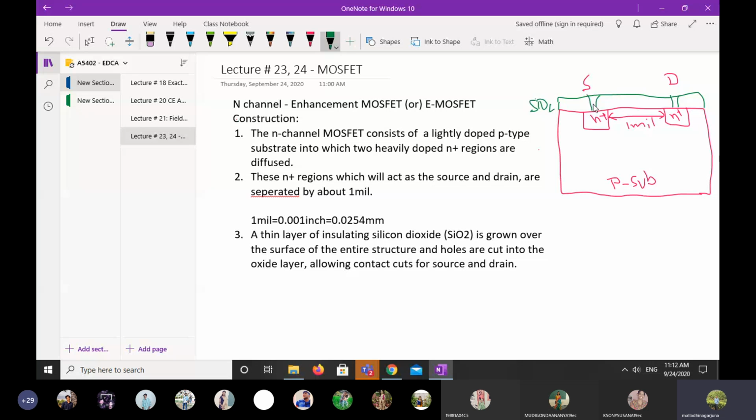So finally, this structure, how we can write it is, from here to here, here to here. This is the space we are providing, and we are removing some portion on the source and drain terminals, to make a contact for the source and drain, and to take the connections out. So this is the third step. And the fourth step is,